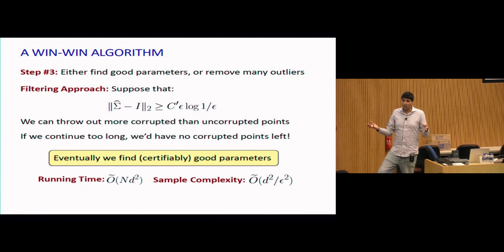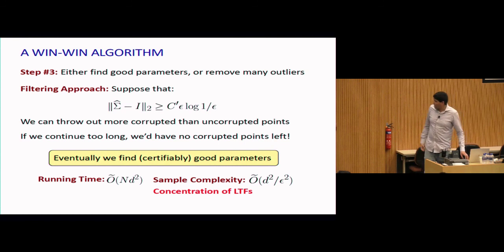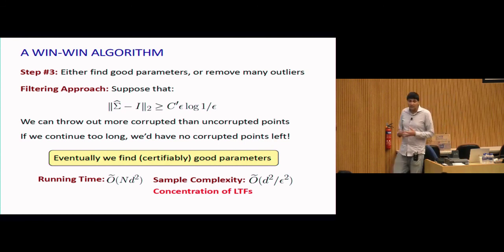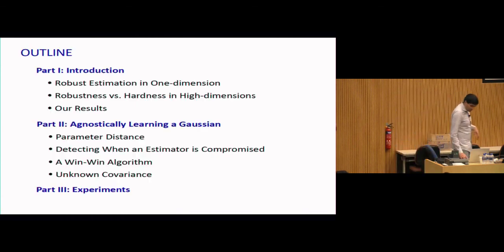So you no longer even have independent samples along the inliers. So you need to do a lot of work to make sure that you can still get good concentration bounds for the types of statistics that I'm talking about here, even over many iterations of the algorithm. It involves things like understanding Gaussian concentration over linear threshold functions, and other polynomial threshold functions when we get to fancier cases. But what I really want to mention is that actually in that unknown mean case, it turns